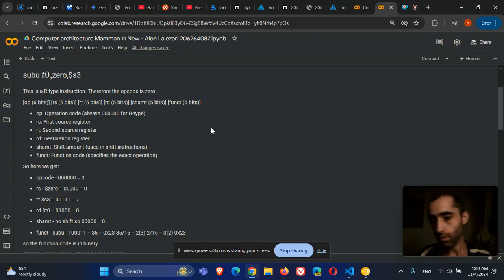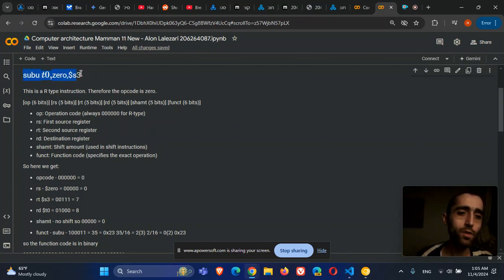Okay, so the idea now is to talk about an R-type instruction in MIPS and how we convert it to its value in binary and hexadecimal. So you can see here a type of R-type instruction. R-type instructions are built, as you can see here, starting with an opcode, which is 6 bits, and then